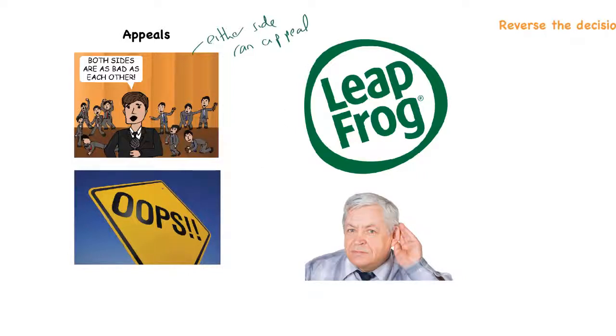And these are based on errors. And the appeal is going to be on an error of either law or fact. Okay, now, an appeal on an error of fact is one on which you disagree with the outcome. I am alleged to have done this. I do not agree I have done that, and the evidence doesn't suggest that I have done that. The decision is wrong. That is an appeal on an error of fact.